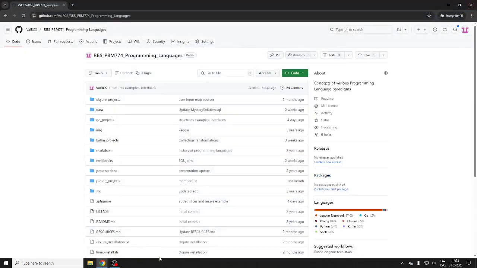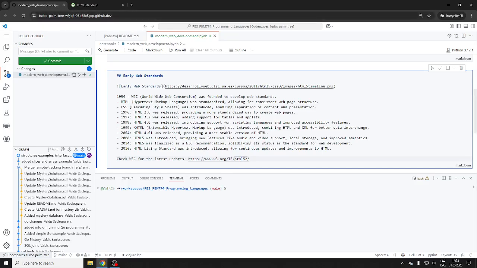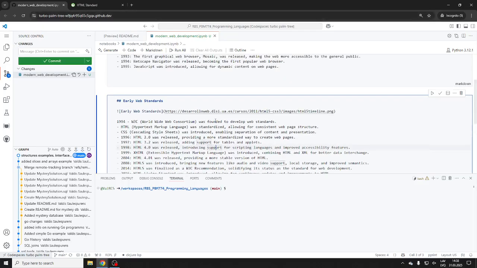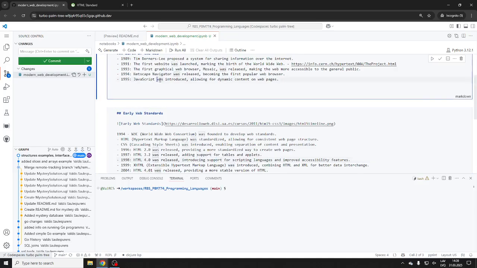Oh, there's the standards. So, early web standards: JavaScript. Who introduced JavaScript? The first really popular web browser, Navigator,